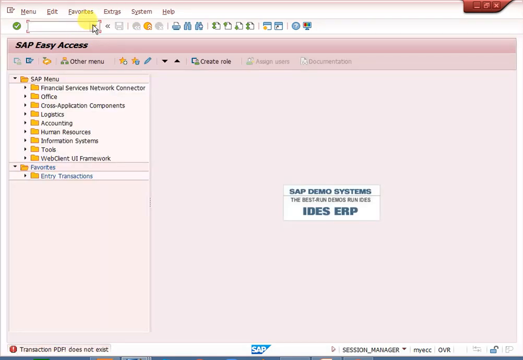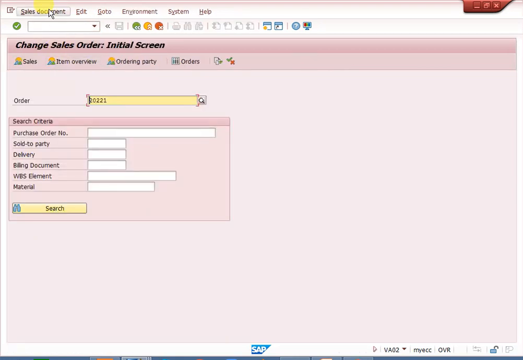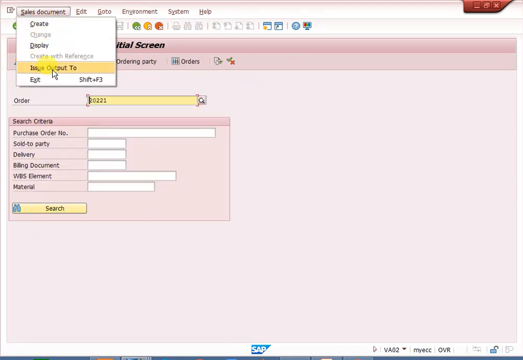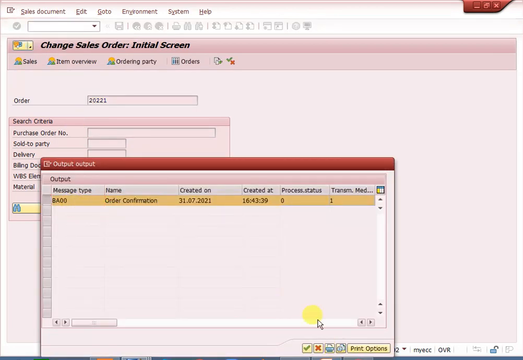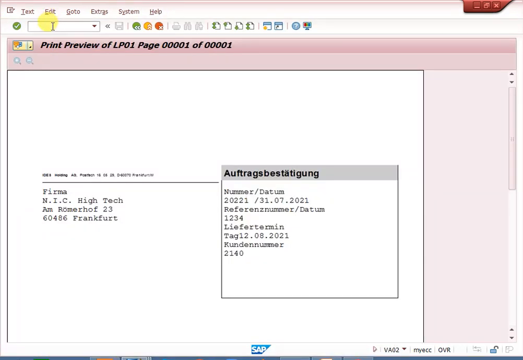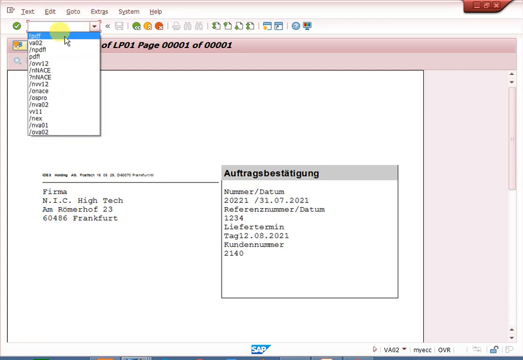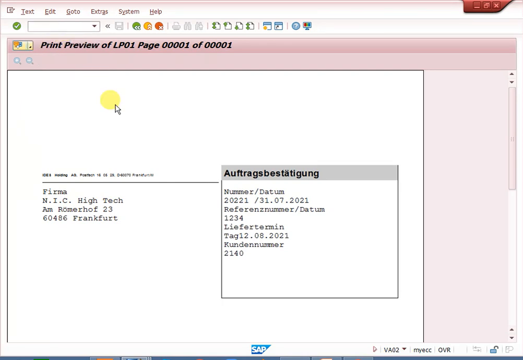Once we enter it, it automatically converts into PDF. This is the transaction: colon PDF. Once we enter, it automatically converts in real time.